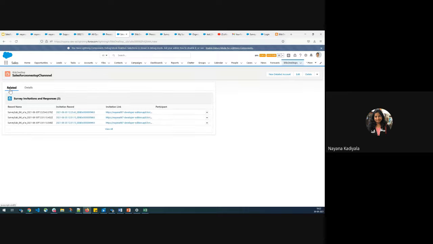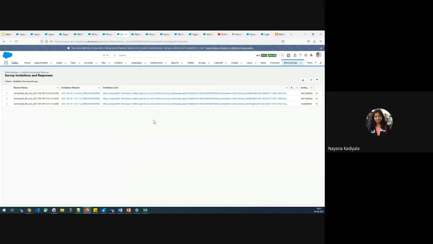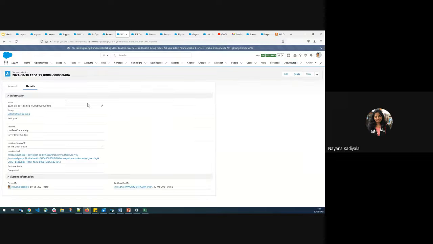Okay, so we have seen how we invoke surveys for a custom object based on business criteria. And you see there are three surveys which have been generated. For today's demo, I have generated the last survey and the status is completed because I have completed the survey. And if I have to review the invitation record, this is the survey invitation object, and this can be customized. If you would like to add other fields, you can go to object manager, look for the survey invitation object, and customize it because this is one of the customizable objects under service, and the other one is survey subject.